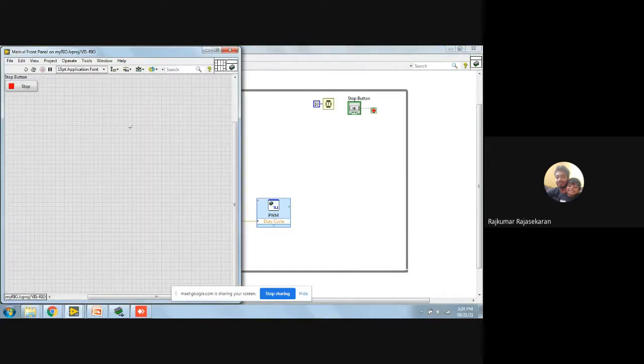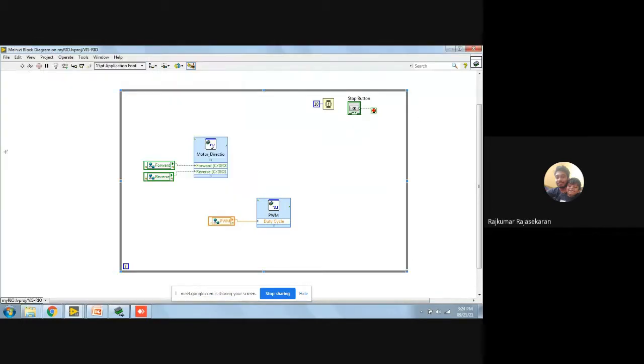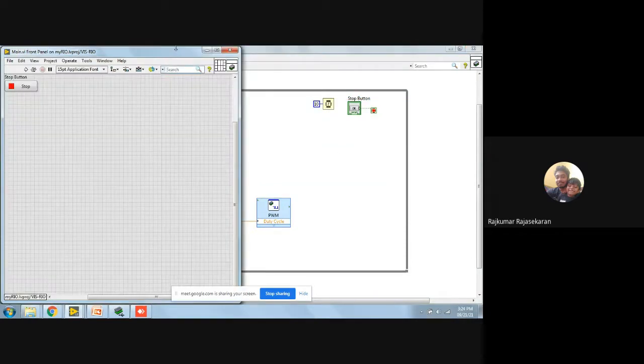Once you have converted this code, it's going to keep on running. Typically, to stop this code, you will create one more variable and pass it, but right now I'm not going to do that. I'm just going to have the stop button here.